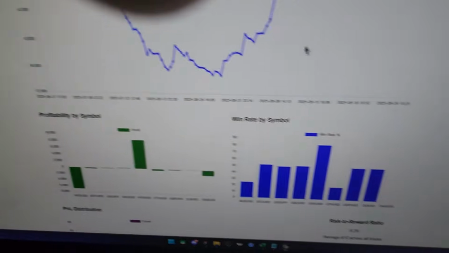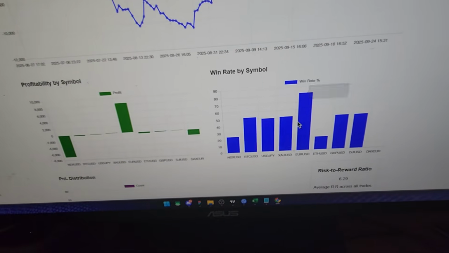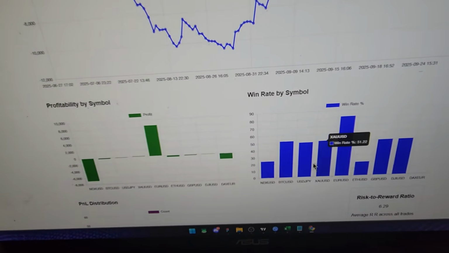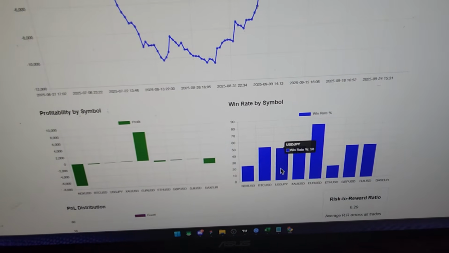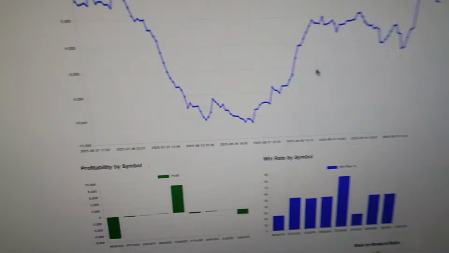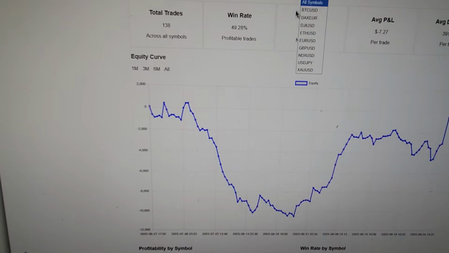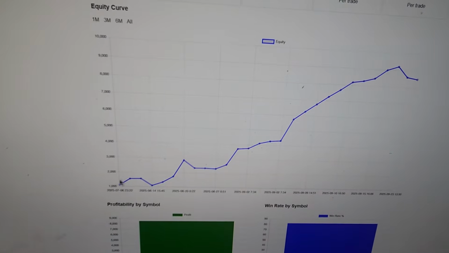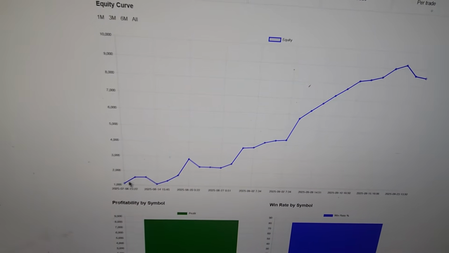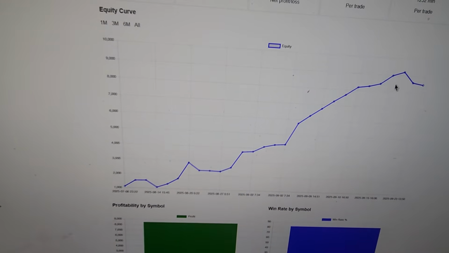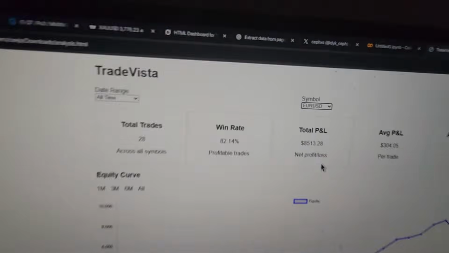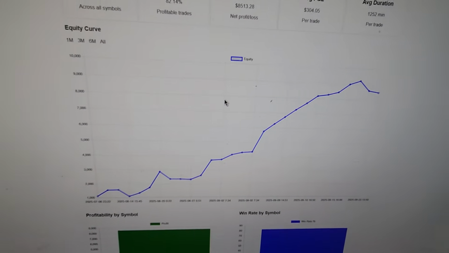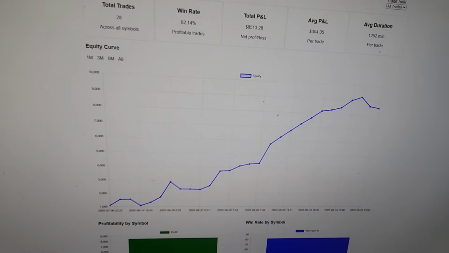And if you look at my win rate per symbol, you can see that for gold, it's around break even, 50% win rate. For USD JPY, it's around 50% win rate. But the win rate doesn't matter, because if you look at my P&L for just the euro dollar, look at this. This is parabolic. This is a healthy, consistent P&L chart on just the euro dollar, right? And this compares my performance on the euro dollar compared to the other assets.